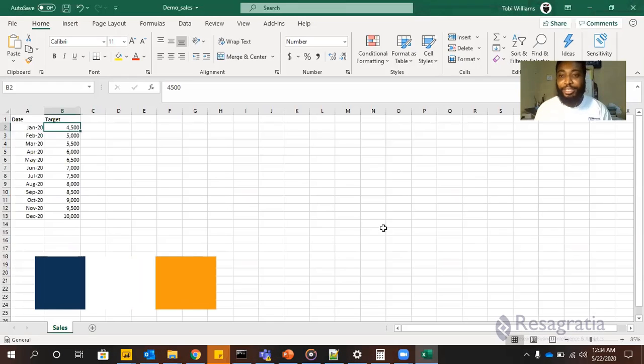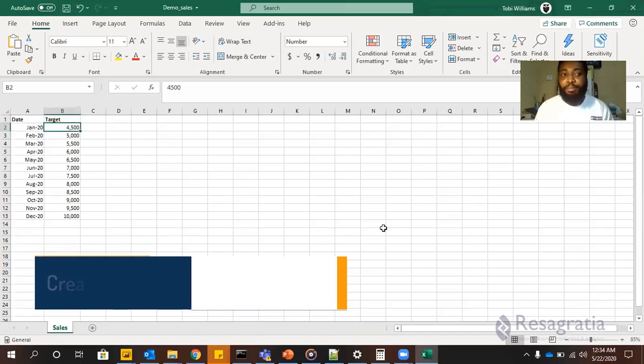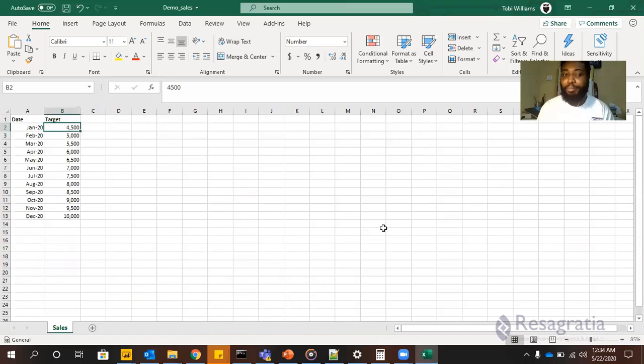Toby from Resa Gratia, and in today's tutorial, I'm going to be teaching you how to create a date table in Power Query, not Excel, Power Query. But bear with me. So I had first seen this tutorial